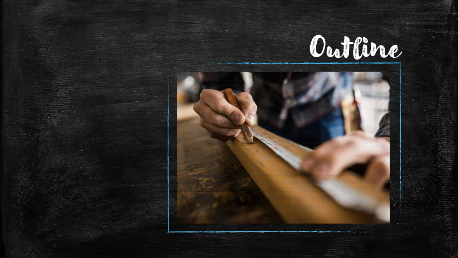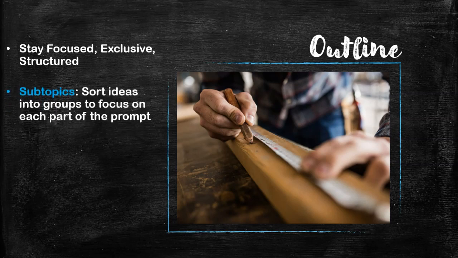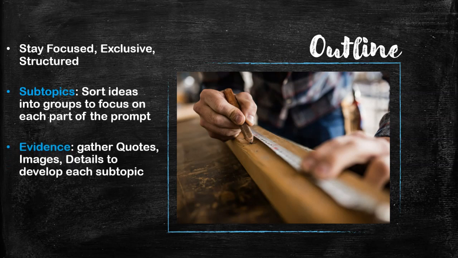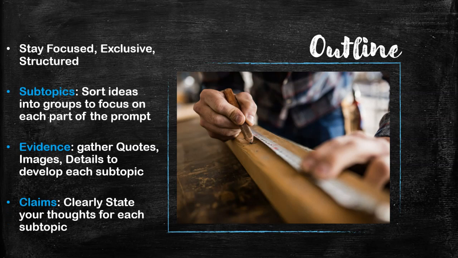Once you have a general brainstorm prepared, you're going to move into outlining. At this time, you want to stay focused, exclusive, and structured with your thinking. You want to organize out your specific subtopics. These are those focus areas or groups of ideas that will help you respond to each part of the prompt. You want to organize your evidence, gathering quotes, images, or details that will help you develop each of those subtopics. Then you want to work out your claims, clearly stating your overall thought for each subtopic that you wish to